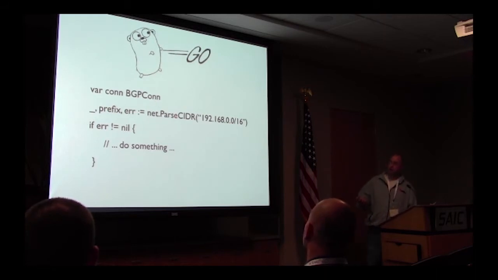So we'll notice some other things on the next line. We have a net. We can call parse CIDR, pass it a string. And we can see here that we have multiple return values. Underscore, like in most functional languages, means I don't give a hoot what it is, I'm going to ignore it. And then it returns a prefix and an error. And it's very idiomatic to return an error in the last position, and then to say, if the error is not nil, do something. That is idiomatic Go. And unlike Scala, where